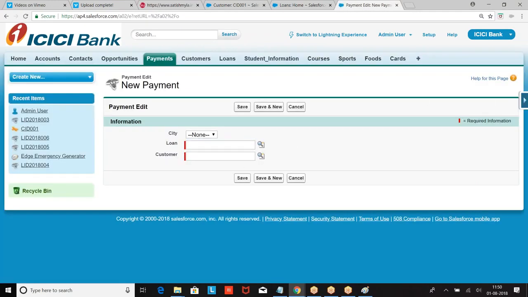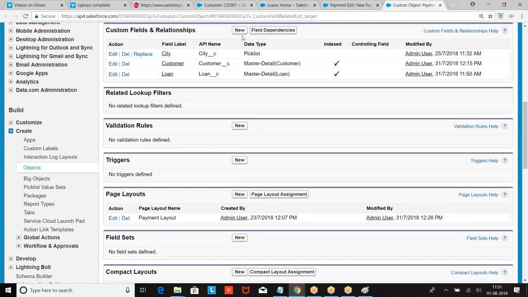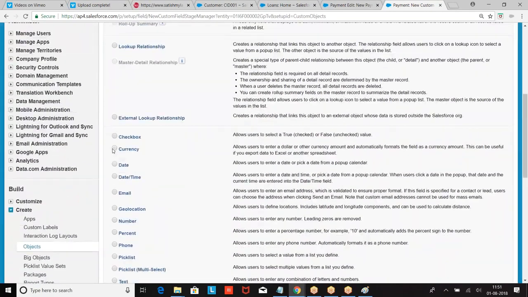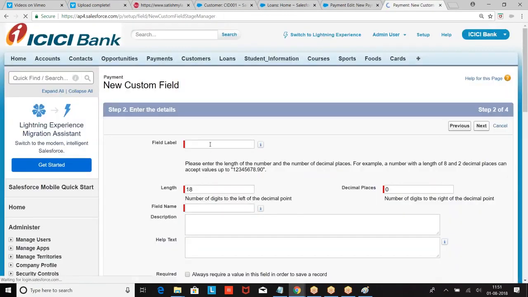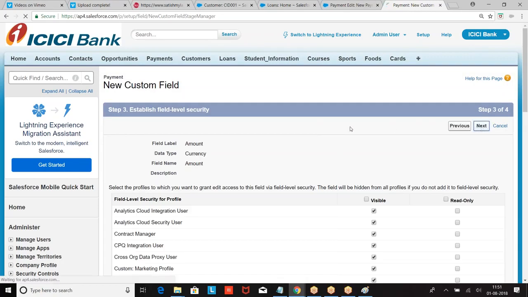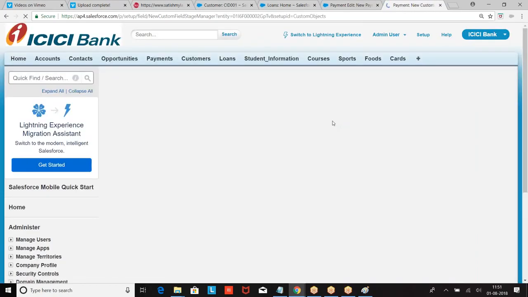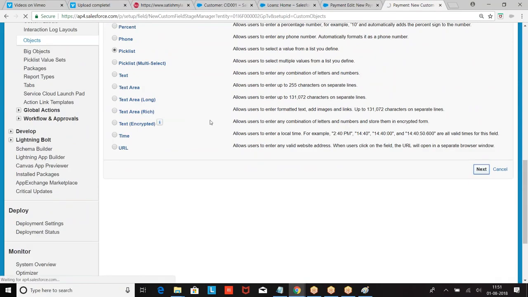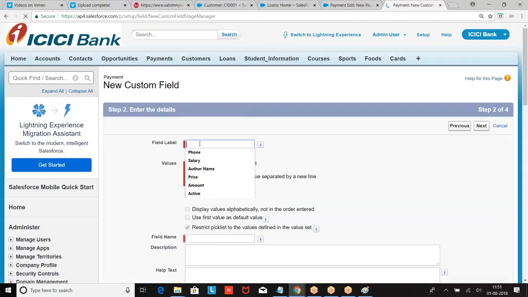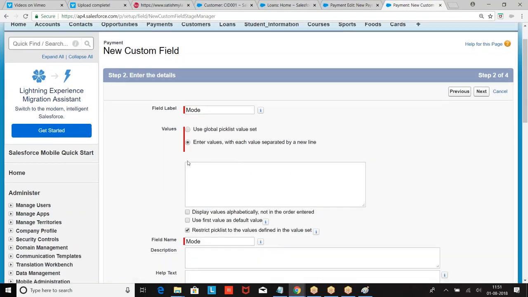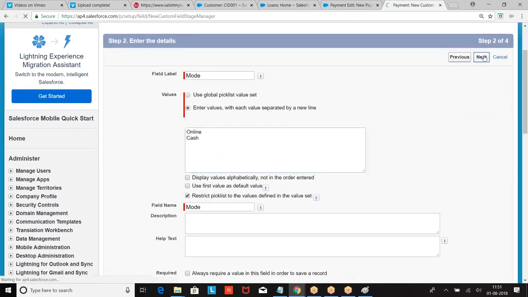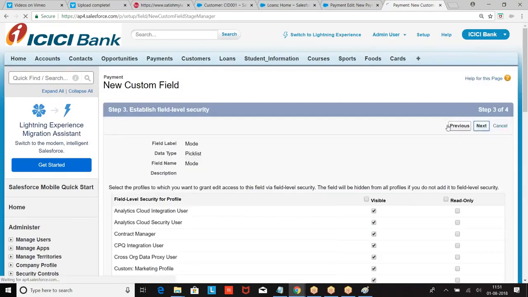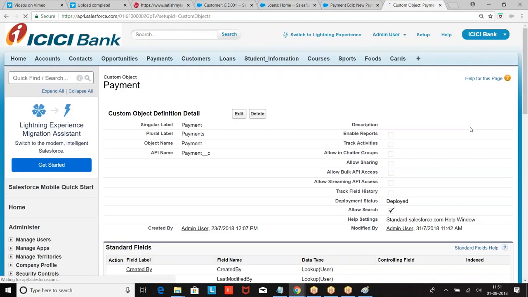Loan, customer, amount, then pick list. Now this is how we create.